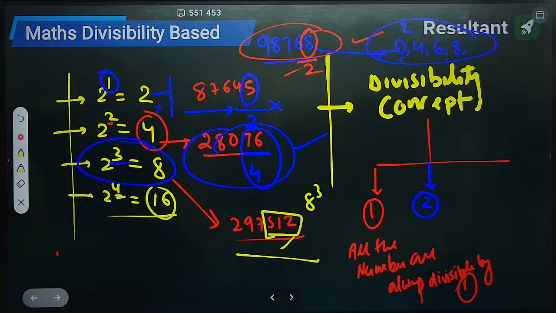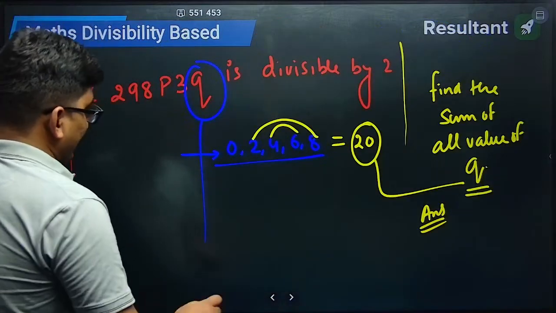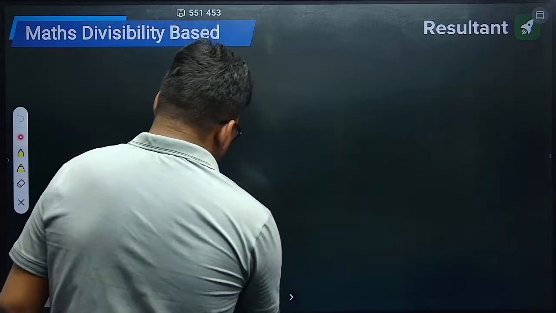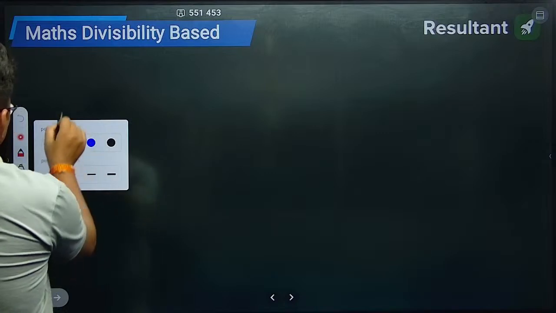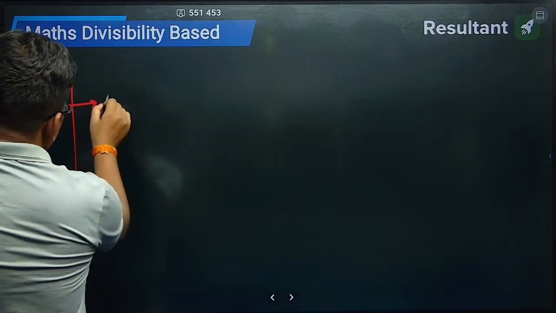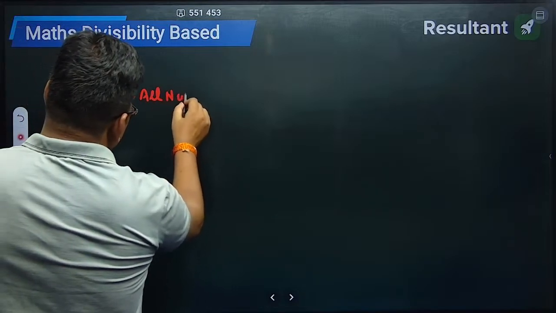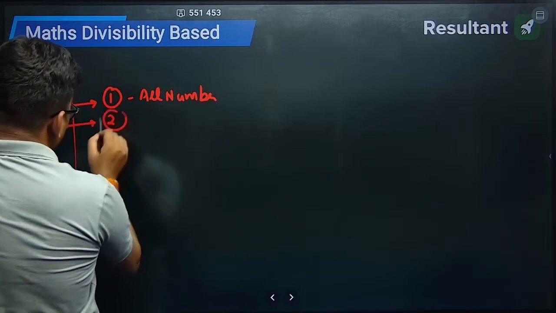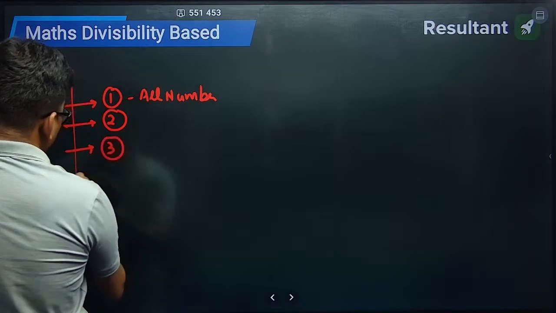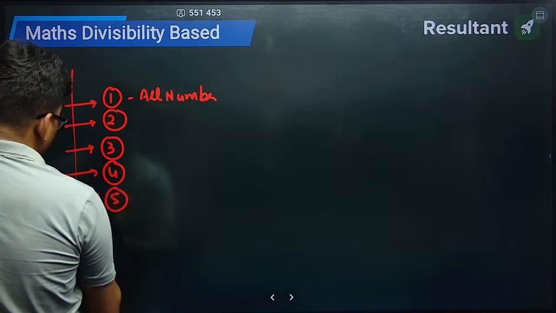Let's go ahead. Now come to the next. We have solved the question here. So now we have studied divisibility of 1, all numbers are divisible by 1. Divisibility of 2, divisibility of 3 we will talk, divisibility of 4 also we will talk, divisibility of 5 also we will talk,